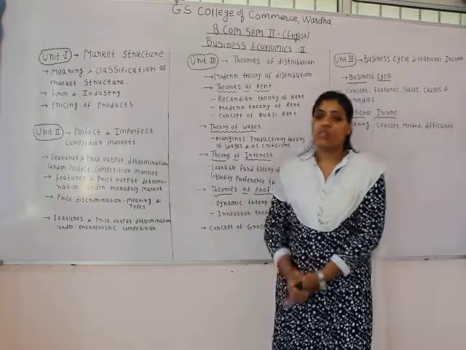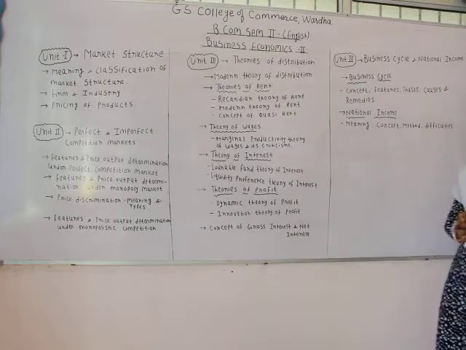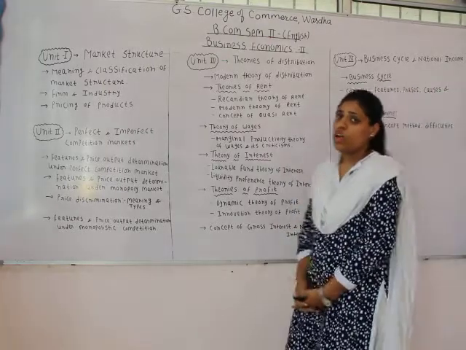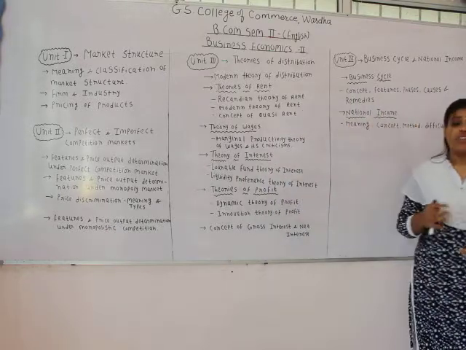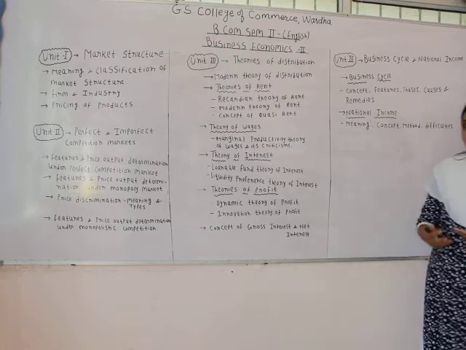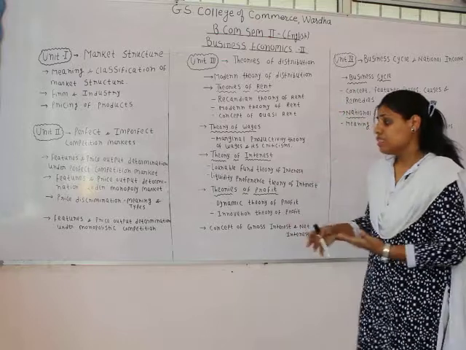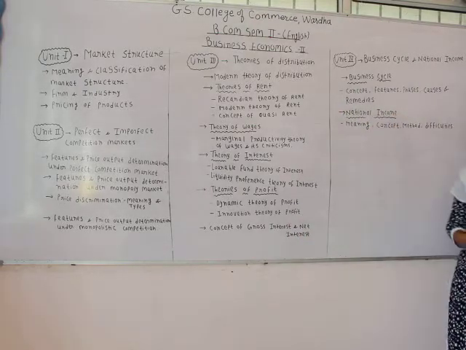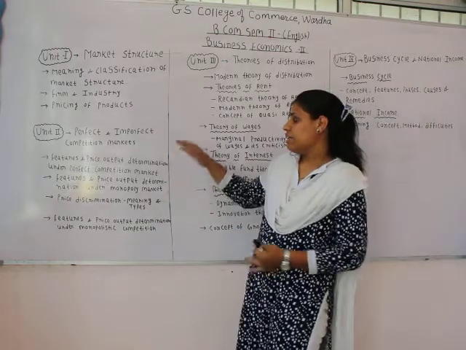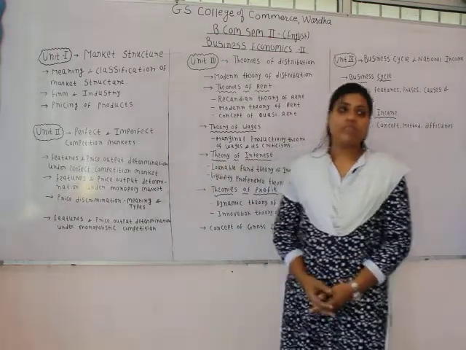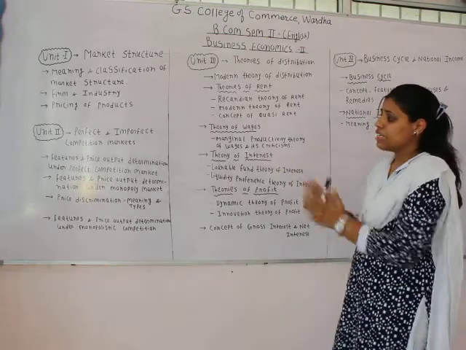Again, monopolistic competition is one of the segmentations of markets under the imperfect competition markets. So in this chapter we would be seeing what is basically the monopolistic competition market and what are the features of monopolistic competition market, and then we would see how the prices and output are determined under monopolistic competition market. So this way we would be dealing with perfect and imperfect competition markets. Here we will end up our second unit.